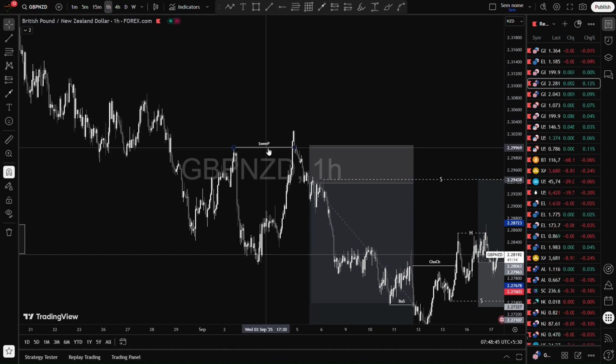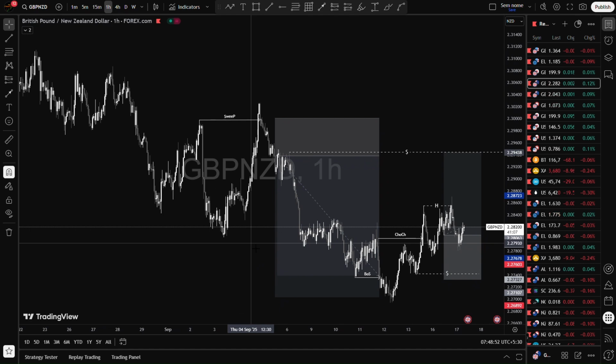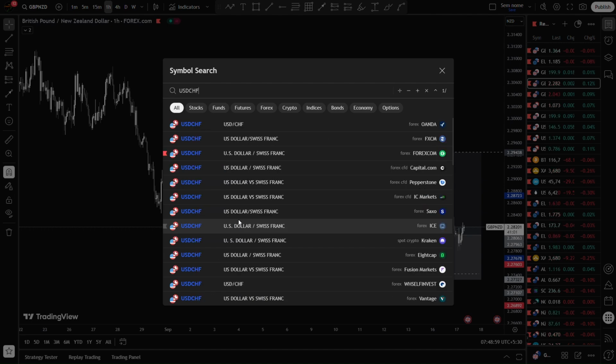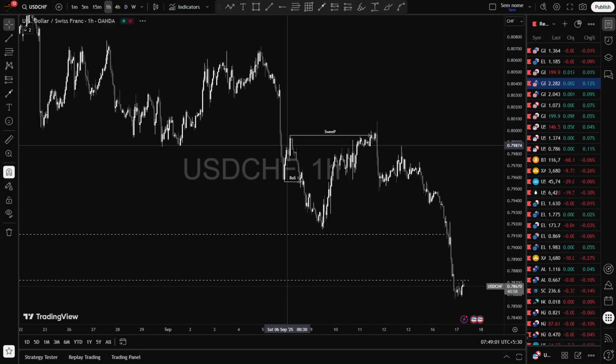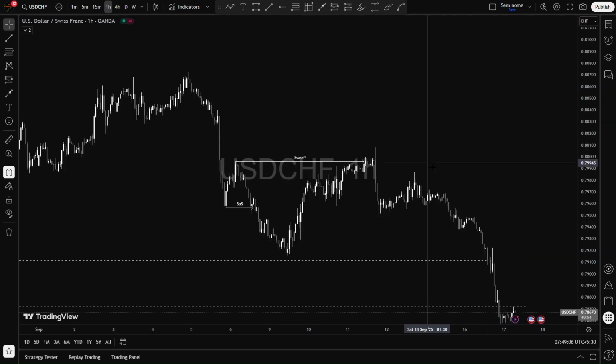Then we consider it again as a liquidity sweep. Once we had the liquidity sweep, the market pushed to the downside, meaning I already have two examples of what the market will do in such a situation. So following this same way of thinking, I will also apply it here on this pair of